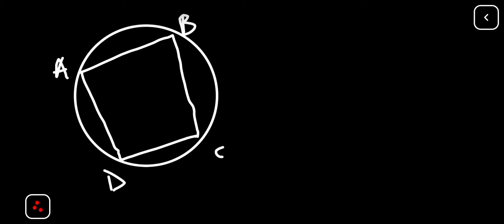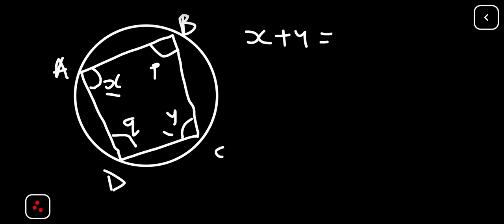Now this theorem says that if we have a cyclic quadrilateral, then angles on the opposite side are supplementary or add up to 180 degrees. So I'm just labeling them. But just understand that opposite angles like x and y are supplementary, meaning that x plus y is equal to 180 degrees. So we can say that theorem 4